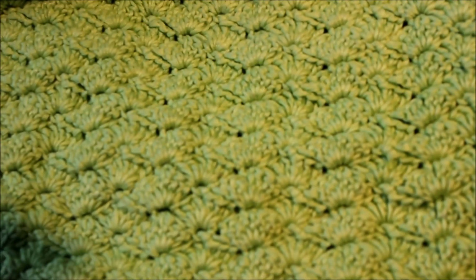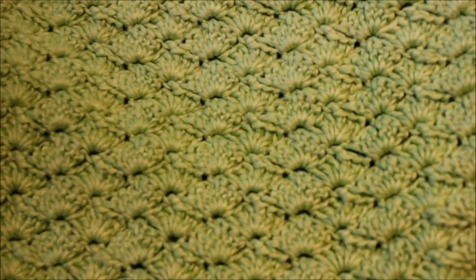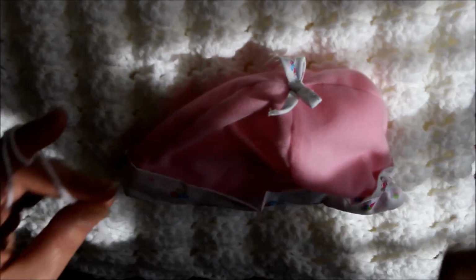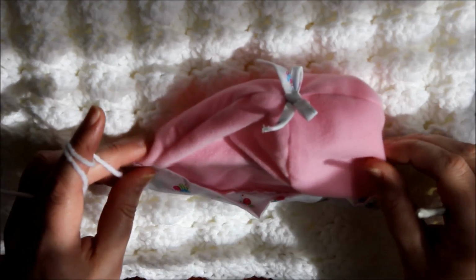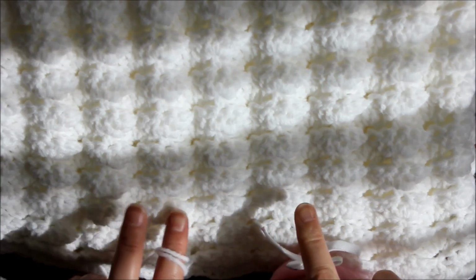It's just gorgeous. So in this tutorial I'm going to show you how to crochet this. And then with the regular shell stitch, it's just a regular shell stitch. See? So let's get started. I am going to be making a pixie hat with this shell stitch, with the way I have crocheted a